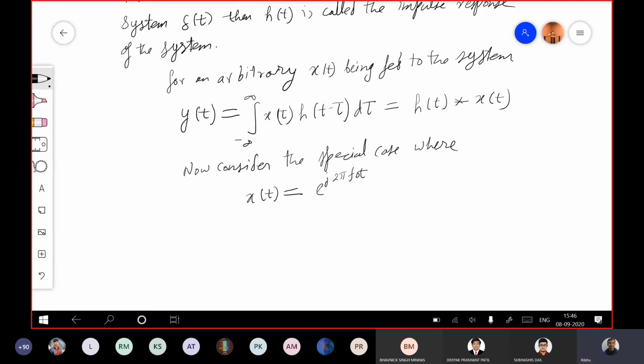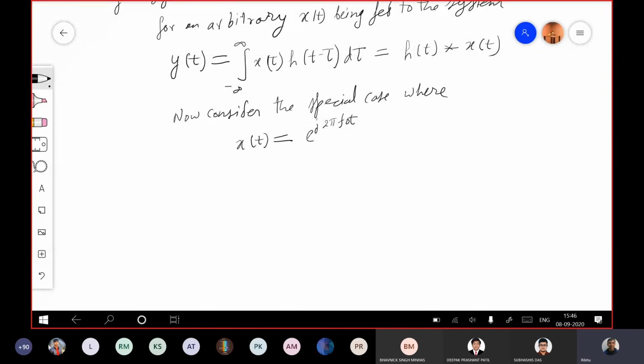We consider this special case, and in this special case y(t) equals the integral of x(t minus tau) h(tau) d tau, fine,